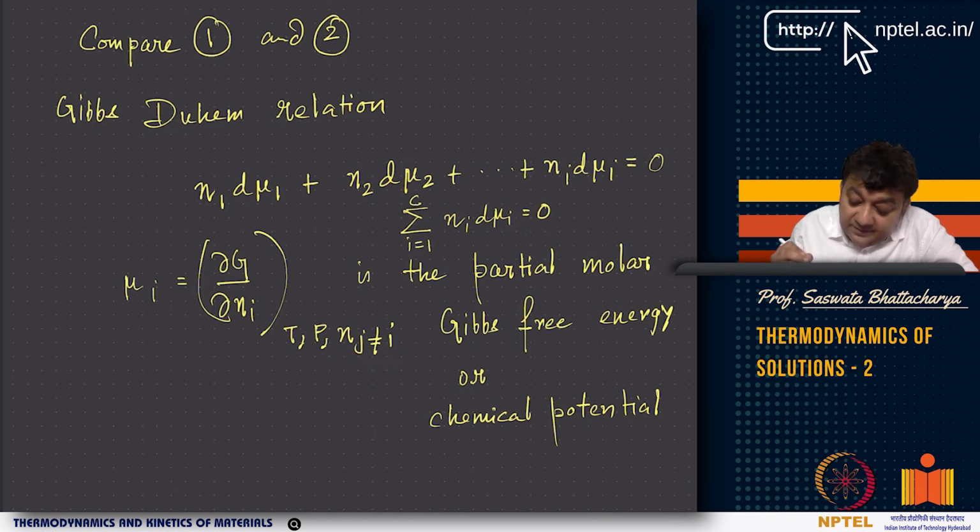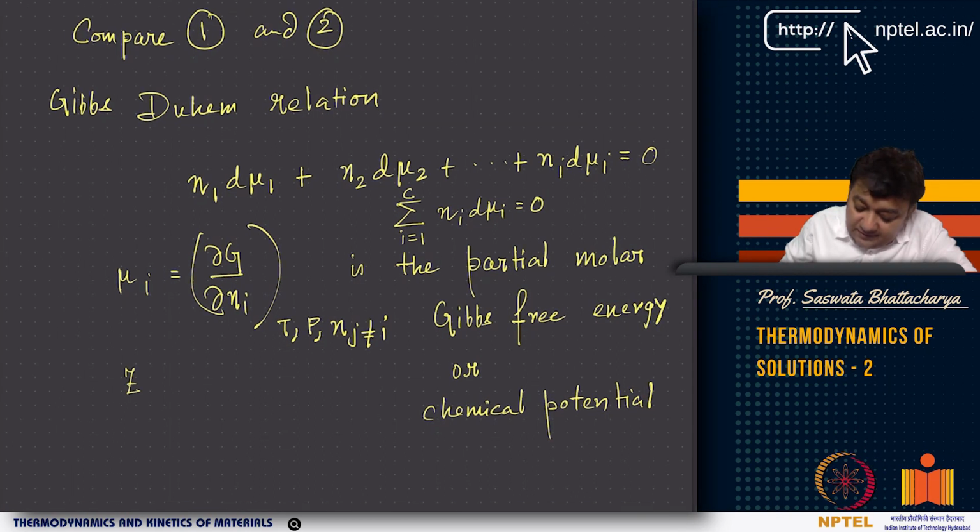Now this extends to any partial molar property. So let us have a partial molar property Z. Say Z is the total property, like G, Gibbs free energy. So Z is some sort of a total property of the mixture, of the solution. Then Z equals, what we know, Ni Zi bar, right? That is the first thing that we know.